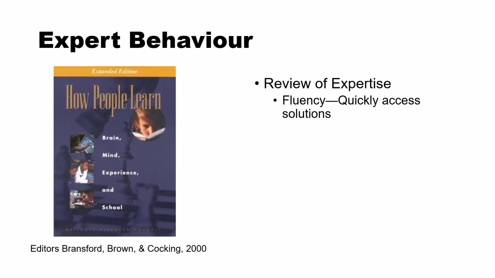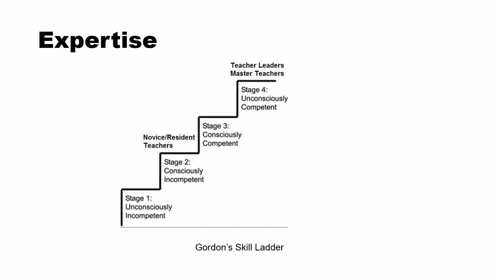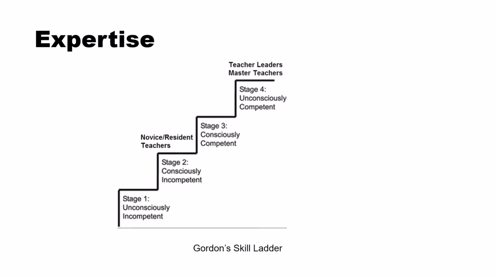The fire chief made an expert decision, and in the book How People Learn, they made a study of expertise. One of the standout characteristics was the ability to access solutions quickly. The Gordon Skill Ladder provides a model of how people transform from complete ignorance to expert through various stages, from being completely ignorant to being aware of your incompetence to becoming aware of your competence, but you end up an expert. At that stage, you've internalized all your experience. It's become intuitive, which explains why teachers couldn't tell me how they were doing these things.